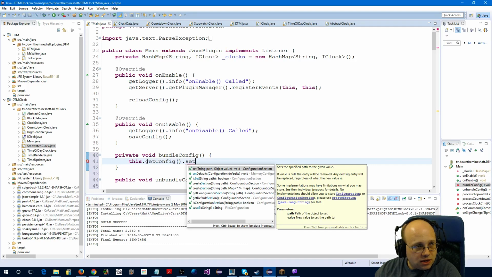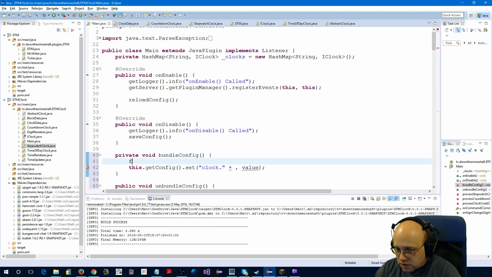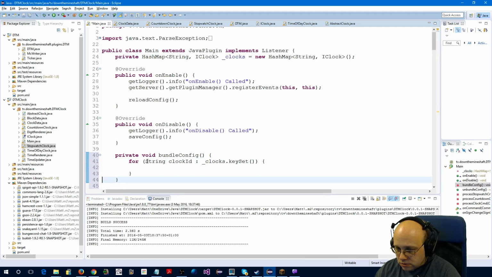Which can be a name followed by a list or a string. Let's not get config. So we're going to set clock. Inside here, I need to do a for clock: string clock ID in clocks dot key set. Clock ID. The value is then going to be